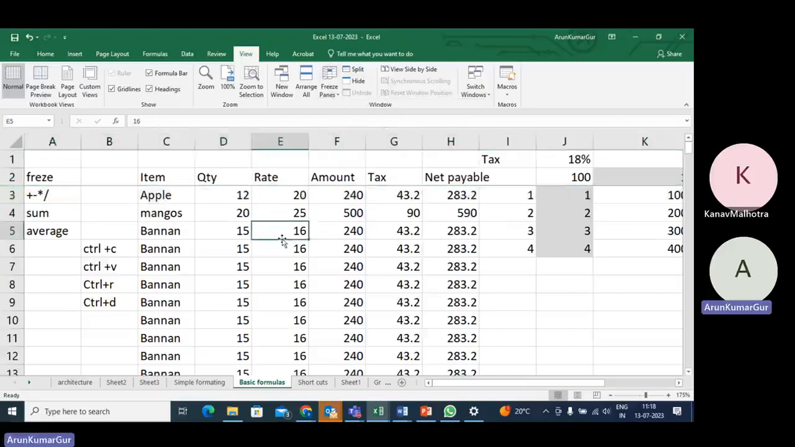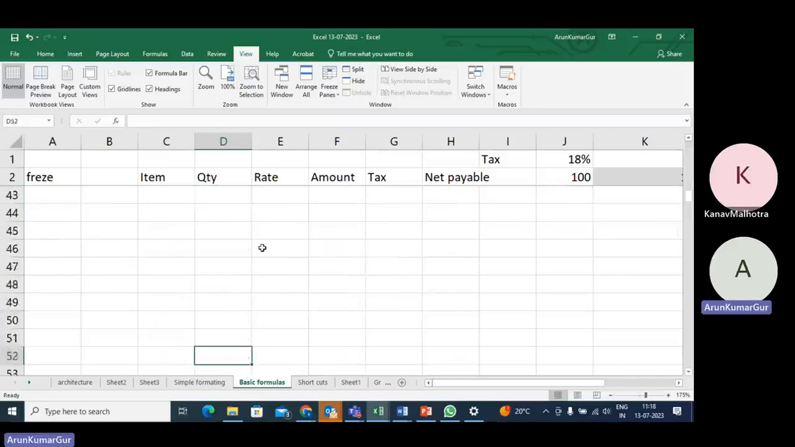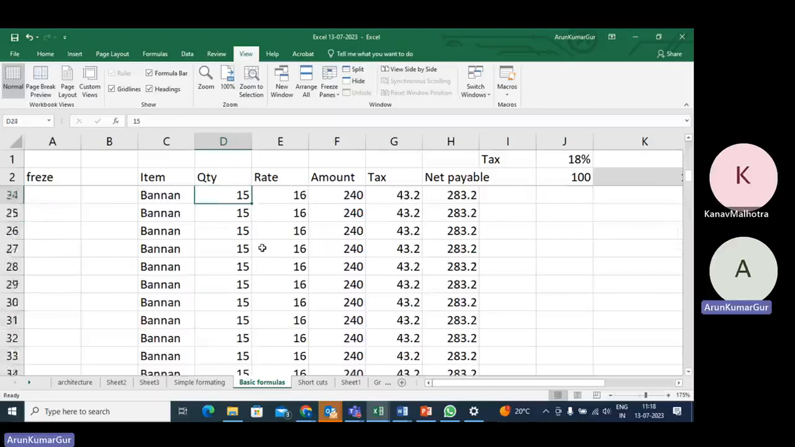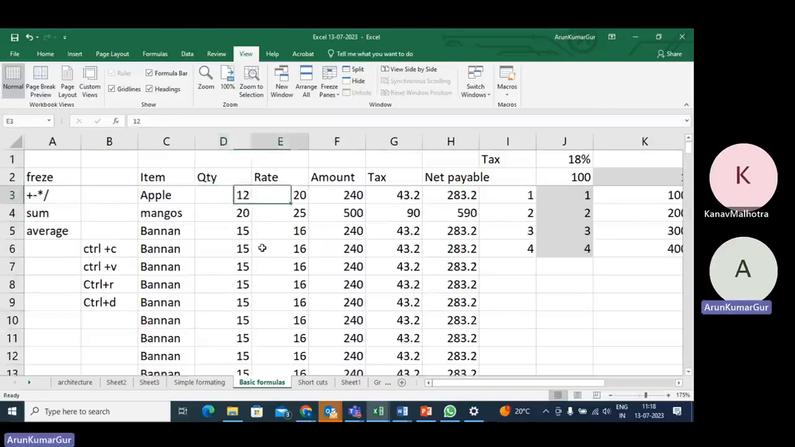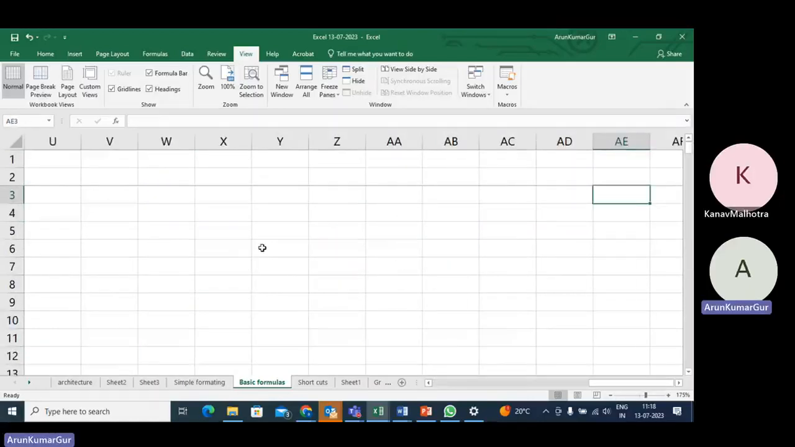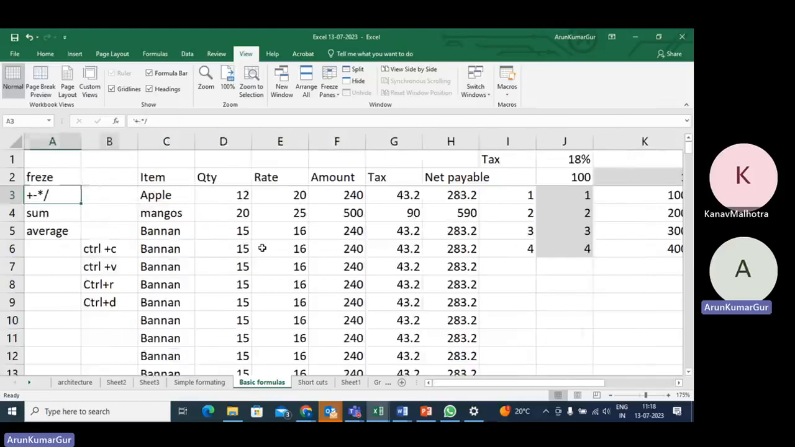Just click on the freeze pane and we will get a line on the top of this. And as soon as we scroll, the headers will be frozen. And we can even do this to go right. If we want to freeze the first column also of our items, we can do one thing: go back to